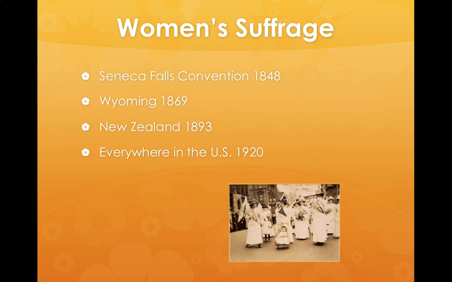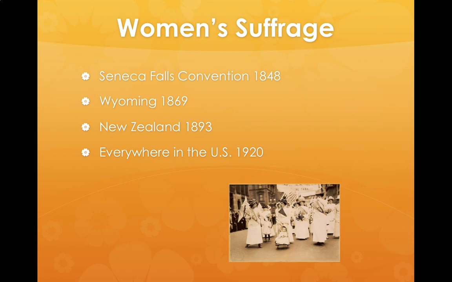The women at Seneca Falls wrote the statement called the Declaration of Sentiments, and it was based off the Declaration of Independence. And essentially what they said was, the Declaration of Independence says we were all created equal, but half of us aren't. And then in the Declaration of Independence, they said, he has done this, he has done that. He was King George III in the Declaration of Independence. And in the Seneca Falls Declaration of Sentiments, he was mankind, men, what they have done to women, not allowed them to vote or own property or work meaningful jobs.